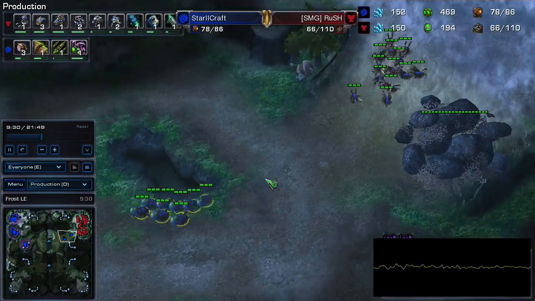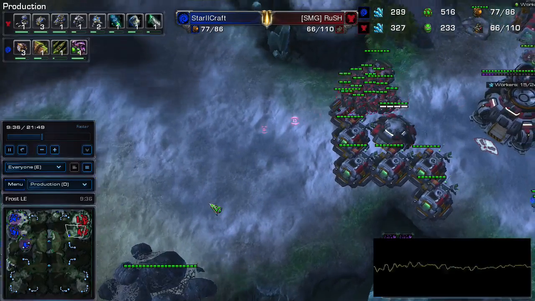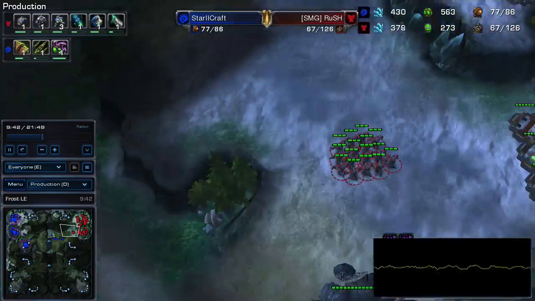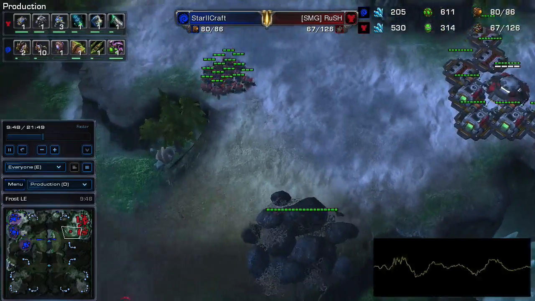Here come these banelings. The centrifugal hooks will be done in a number of seconds, but for now it does look like these marines are going to be in pretty decent shape. They are coming out here, so he is preparing, just having a quick peek around to see if there's anyone hiding just here up on his ramp,